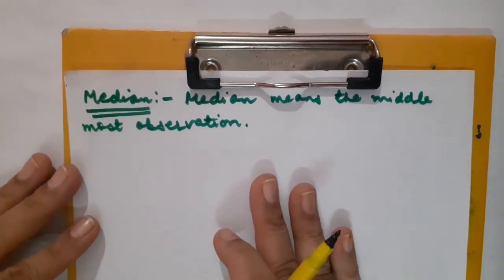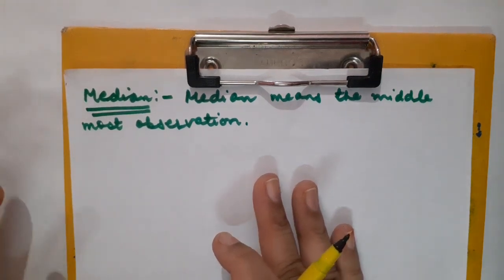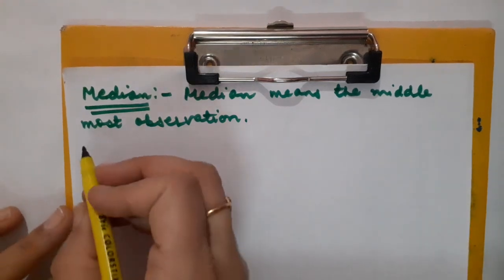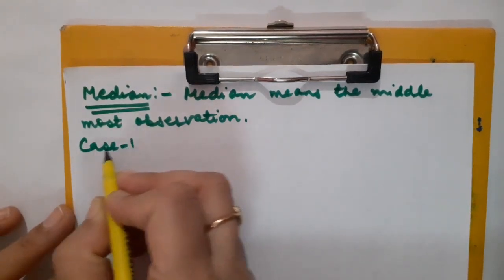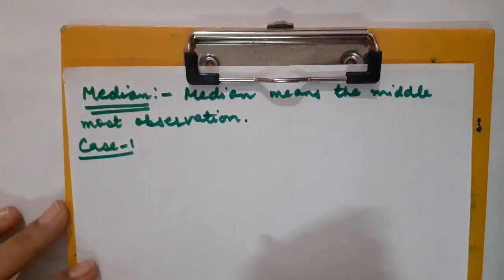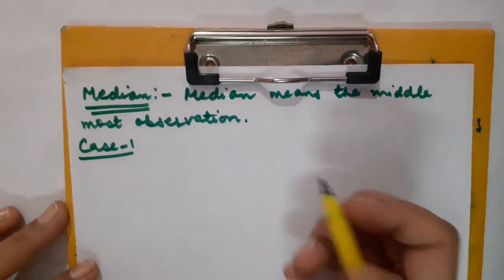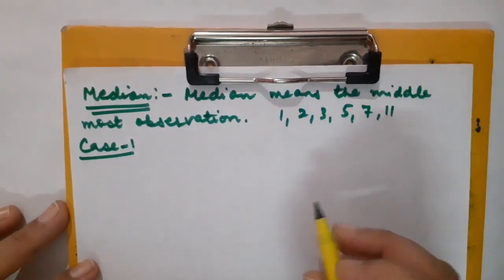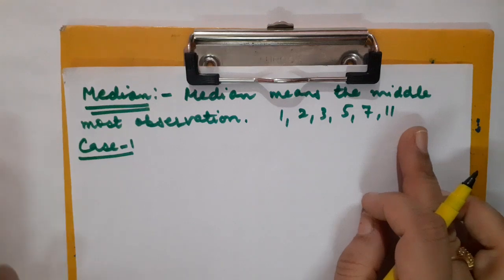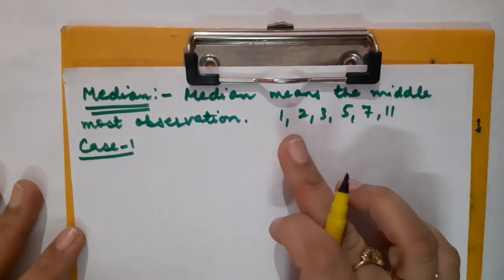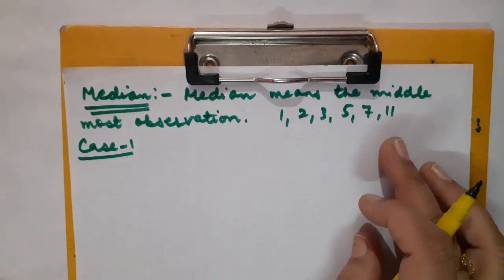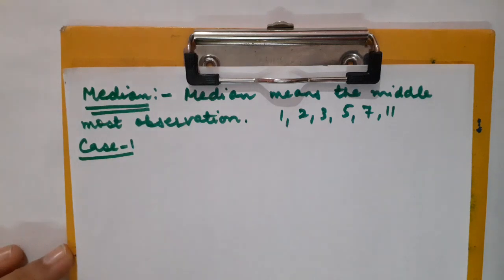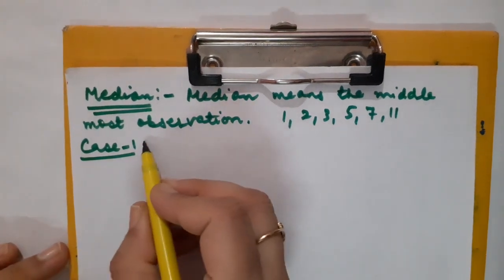Children, this I am telling you about ungrouped data which you have already learnt in your class 9th. So let us give a quick recall to the same concept. There are 2 cases basically. Case number 1. As we are going to deal with the ungrouped data, the data will be like this: 1, 2, 3, 5, 7, 11, right? So this is definitely going to indicate the ungrouped data, right? So there were 2 cases to calculate median whenever the data is ungrouped. Let us give a quick recall.